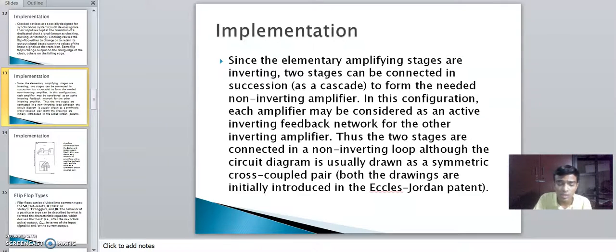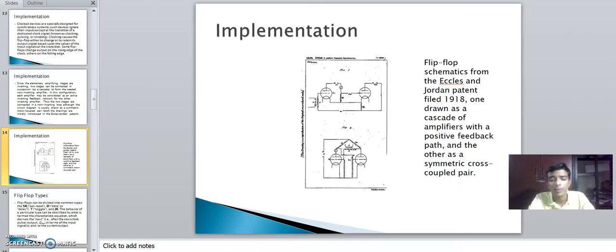Eccles and Jordan were the first people to discover and invent these flip-flops. They created a patent for these, and the two stages are connected in succession to form the needed non-inverting amplifier. These two stages are connected in a non-inverting loop, although the circuit diagram is usually drawn as a symmetric cross-coupled pair. And these are the flip-flop schematics from the Eccles and Jordan patent filed in 1918, which is exactly